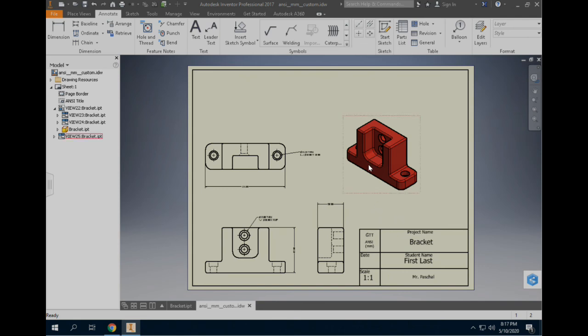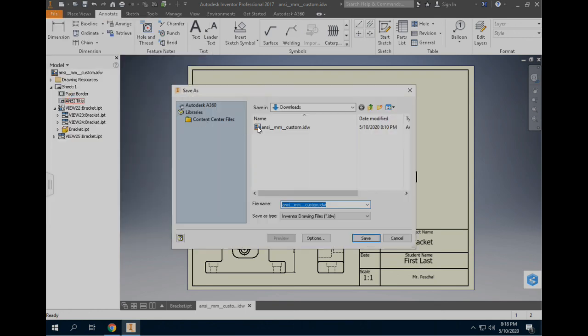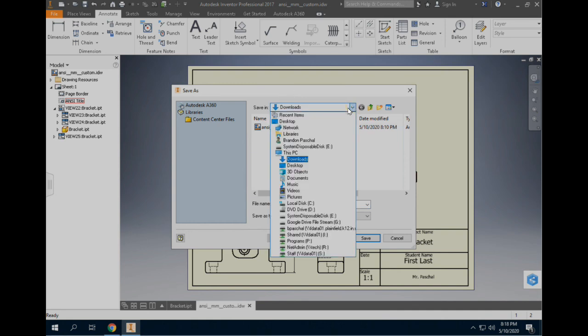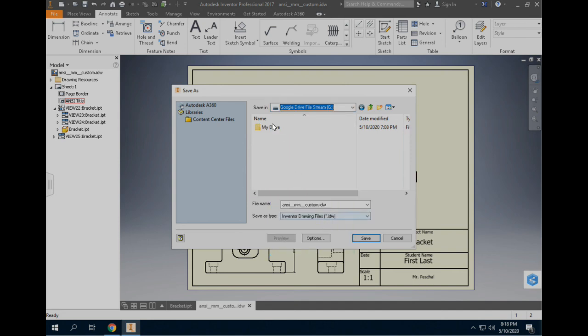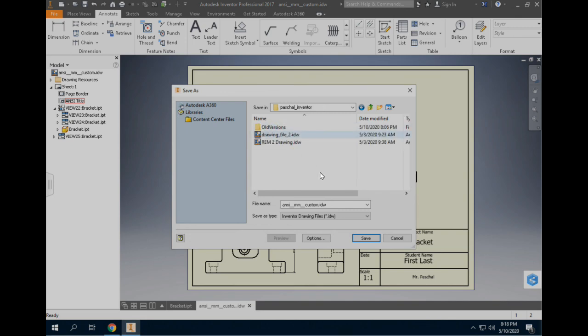The last thing you want to do is save this thing appropriately. Make sure you put it in the correct spot. So I'm going to go File, Save As. We do not want to save in the Downloads folder. That's on the hard drive. It will delete as soon as we log out of the virtual desktop. So we're going to Google Drive File Stream. I'm going to go to My Drive, my Technology and Robotics folder, my Inventor folder, and I'm going to call this bracket drawing